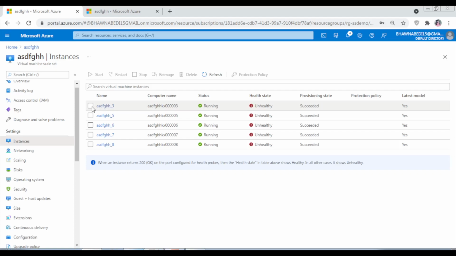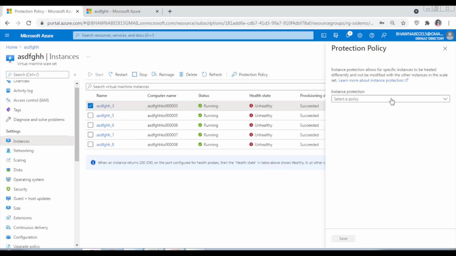And at the same time, let's say I select this particular instance underscore 3, and if I click on this protection policy, now what will happen is I can choose from the protection policy. Let's say I want a few sets of machines to not update whenever any changes are rolled out. In that case, I can select protect from scale set action.